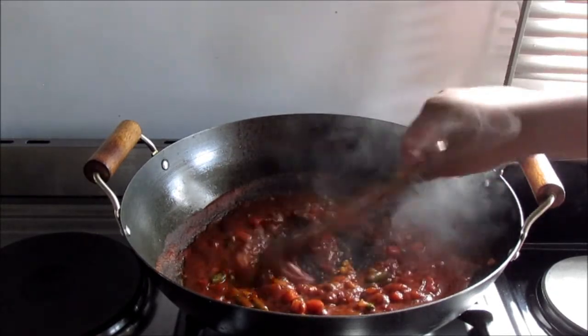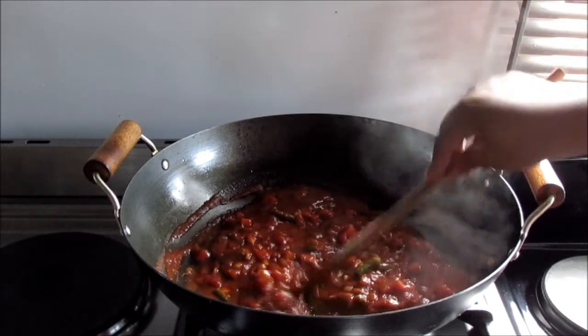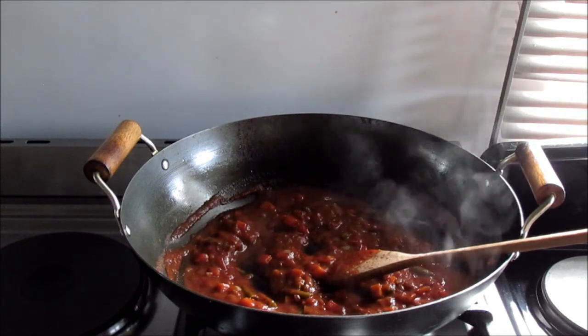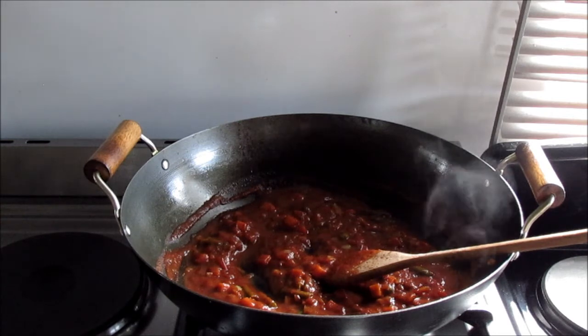Welcome back. So I've given the sauce 5 minutes, and then as I walked away, I actually realized I hadn't tasted the sauce, firstly, and secondly, I hadn't salted it. So